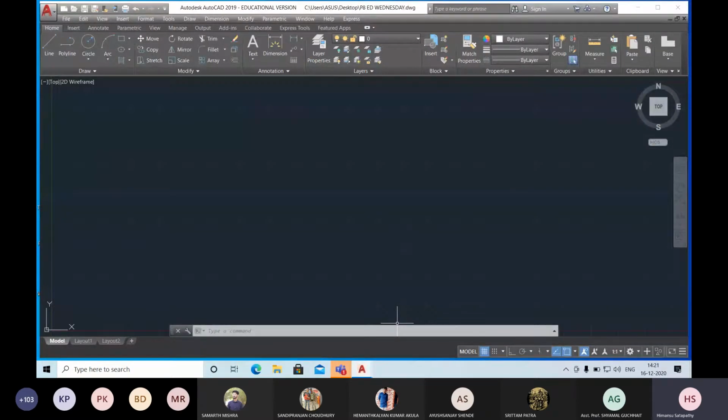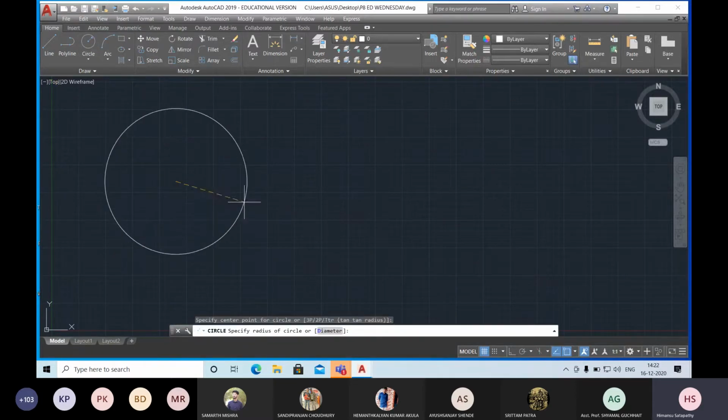So first of all, save a file, and do remember to save the file while working. Press Ctrl S to save, or you can click this option, so that all the work you have done will be saved. Then I will tell you how to print a file. Before that, I will draw some drawings, so that all of you are clear about how to draw a drawing.